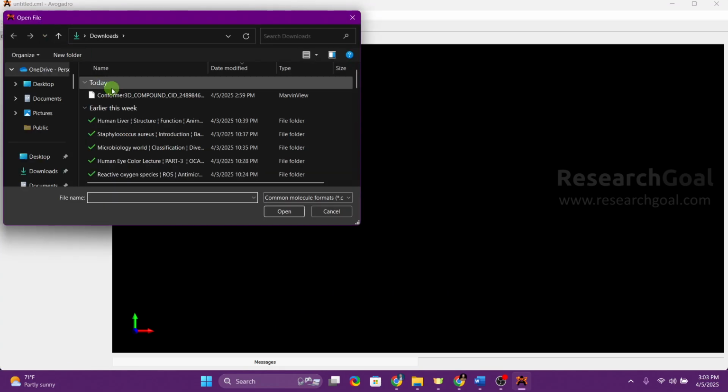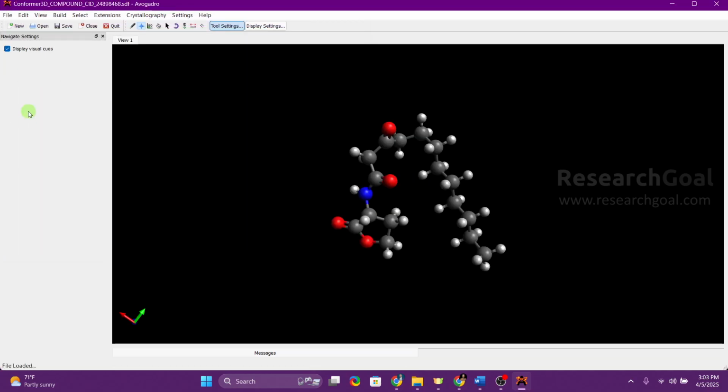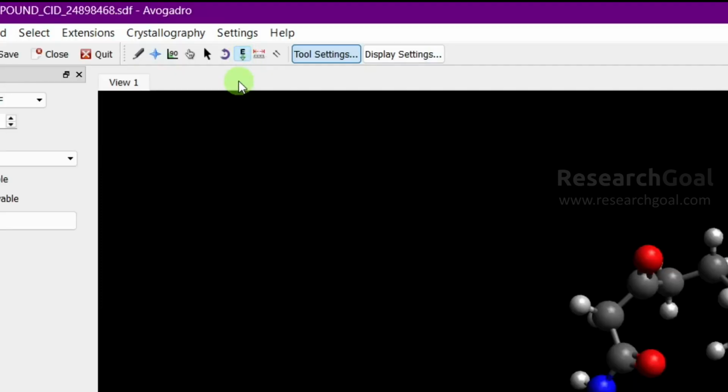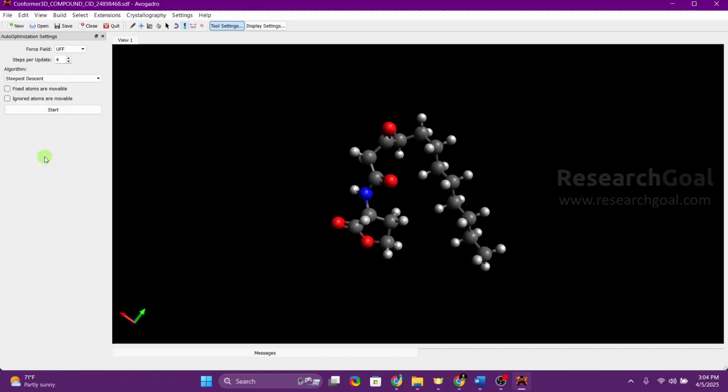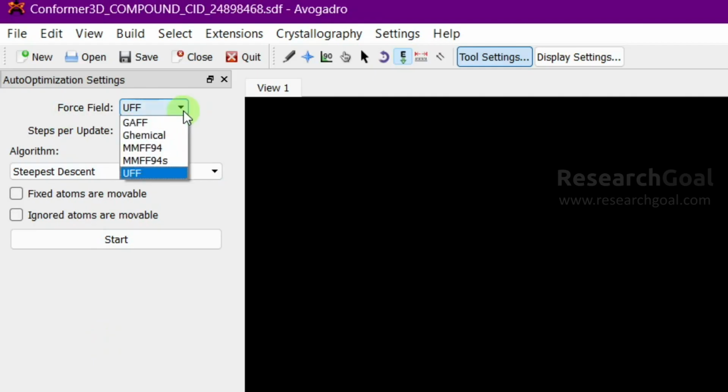Now you can see Avogadro is open, and what we have to do is open the file. So I'll go to open, and I'll open the file. As you can see over here, the file is open, and then we'll go to the icon right over here. Click on that, which is written E, where you can see a small down arrow. That is the icon you have to click. It's the auto optimization tool, and this is going to optimize the ligand molecule. And in the force field, we have to use MMFF94. So this is the force field MMFF94 we are going to use, with the other default parameters,